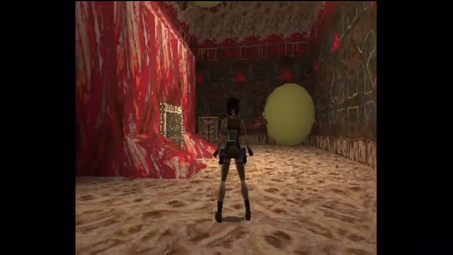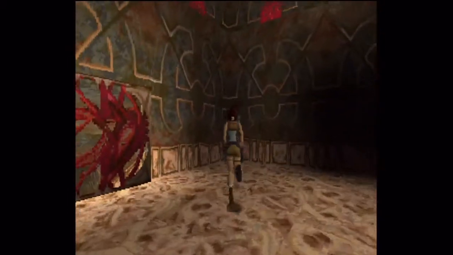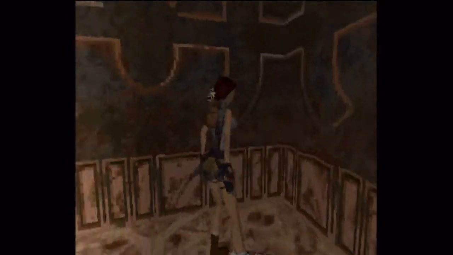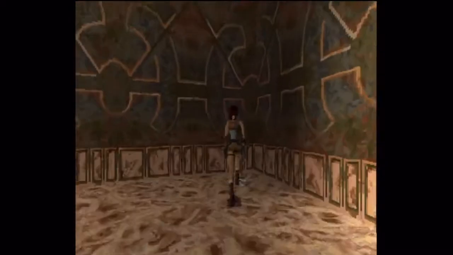But I come up here, and I see there's eggs. And I decide before going over that way, we're going to take a look around and get some ammo. Excuse me. Throat's a little dry, so...